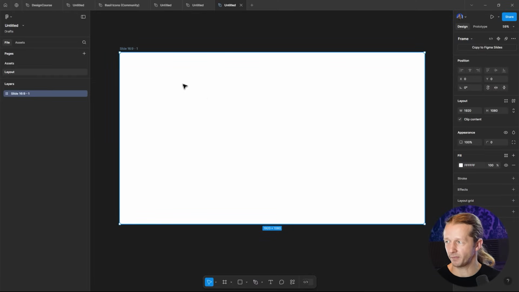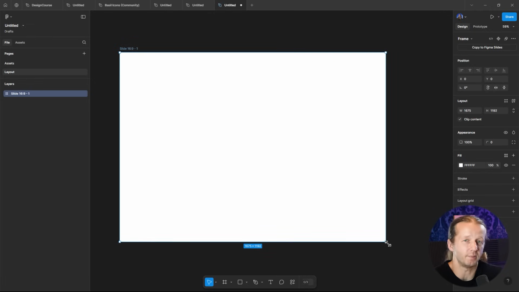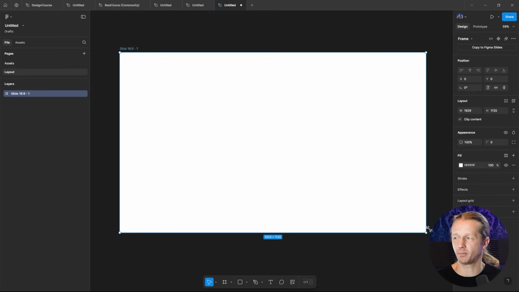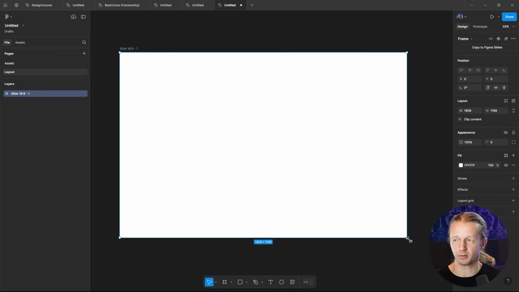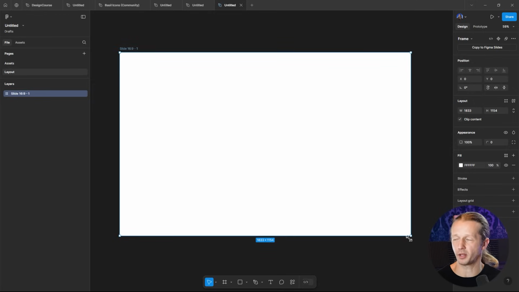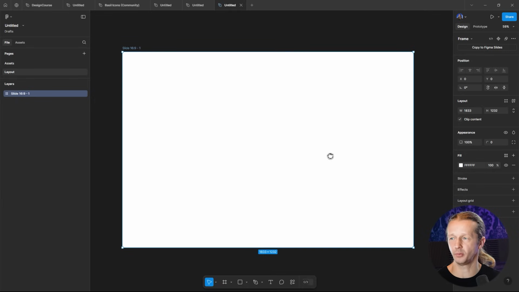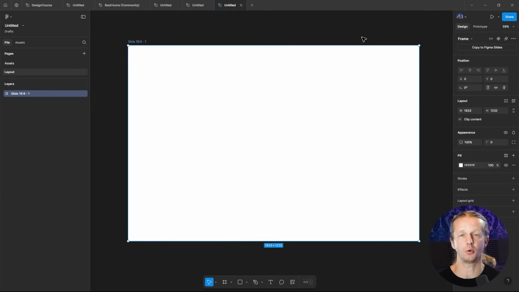So now that we have this on here, we can easily change the width and height by adjusting this. It doesn't have to be 1920. It could be almost any size, but for now, I'm going to keep it right around here. Now, the first thing we have to ask ourselves as UI UX designers